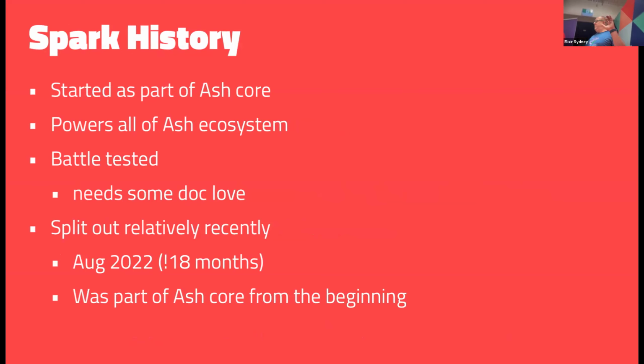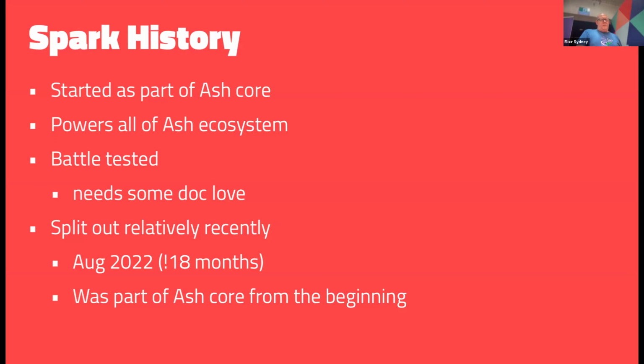So yeah, as I said, it started as part of Ash Core, and then I can't remember the exact history of this, but me and Zach were talking, and I was like, "Oh, why is this even in Ash at all?" And then he pulled it out, and I was like, "Oh wow, there's a whole DSL maker inside of this." Like I said, it powers all of the Ash ecosystem, so the extensibility gets really used there. And I think it's worth pointing out that it is very well battle tested, but the docs need some love. And certainly in putting together this talk, I've got quite a few changes and potentially bug reports, but that doesn't mean it isn't ready for prime time because it powers all Ash.